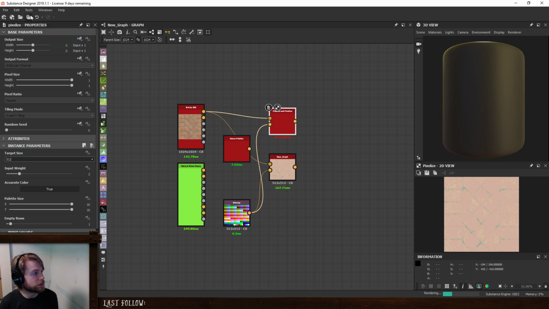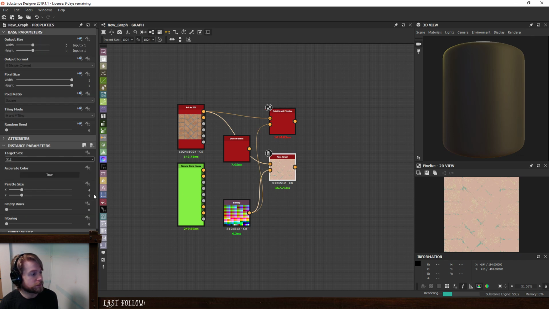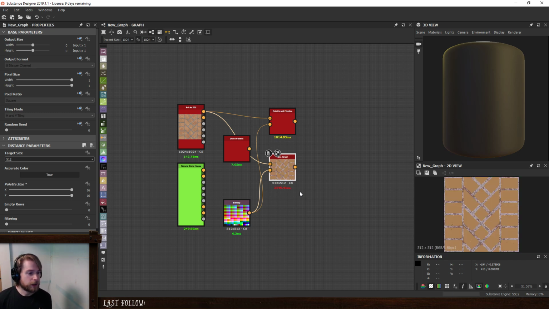Let's cancel this rendering. Let's see if we can switch this one. And we're doing the most accurate color. So there we go. Okay, so the pixel processor with a 256